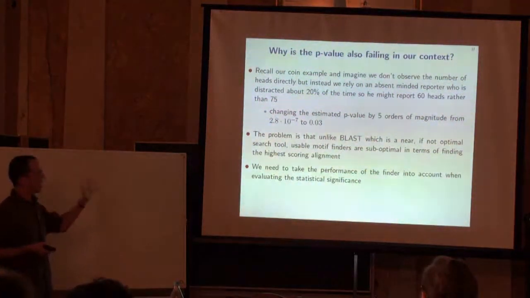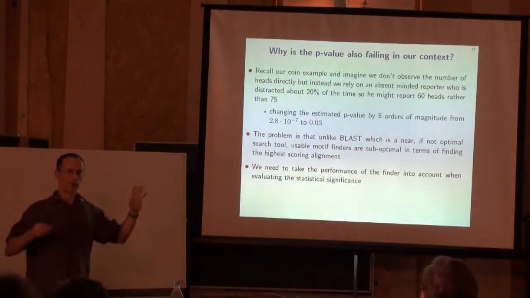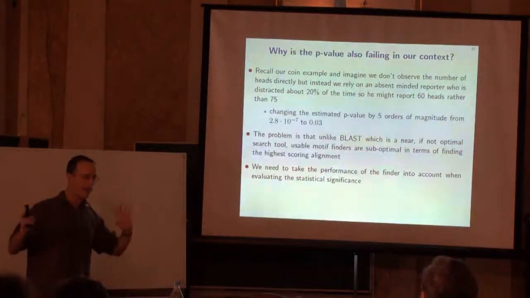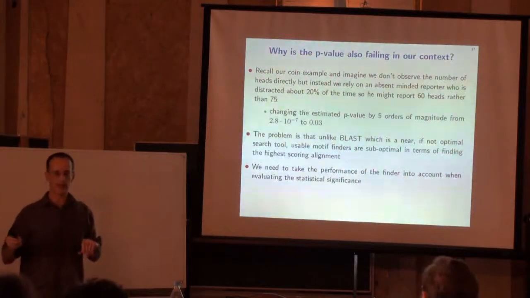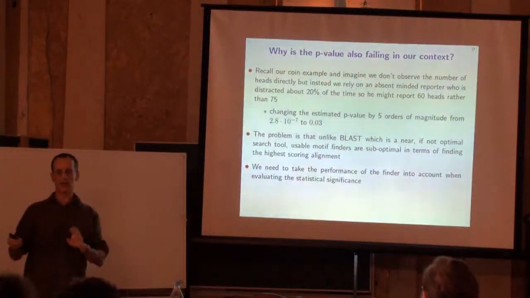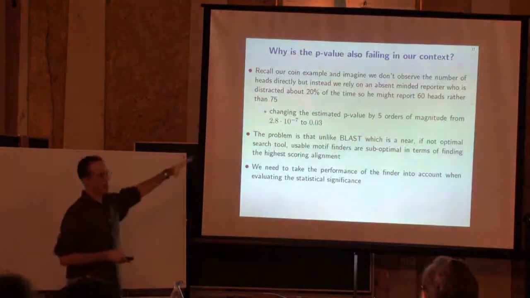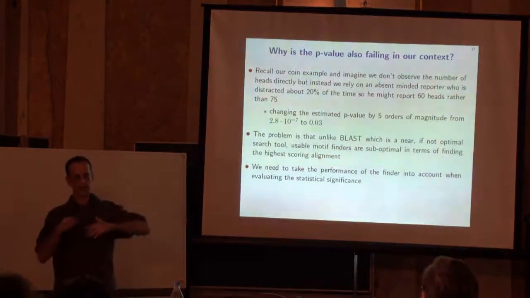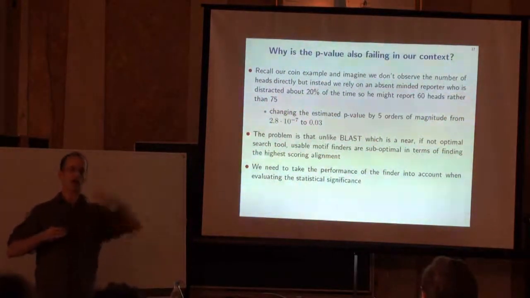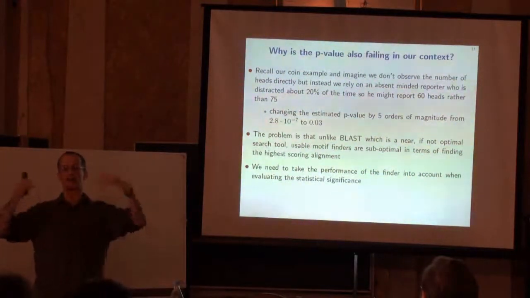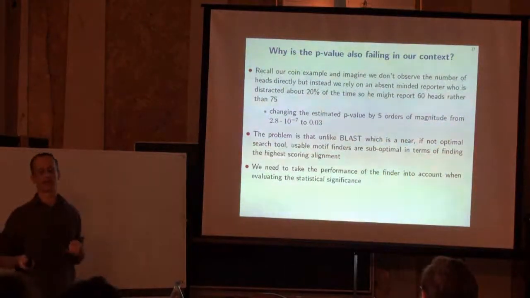The problem is that unlike BLAST, which is near optimal, if not optimal, motif finders are not anywhere near optimal. So they're like these absent-minded observers. They give you some result, which is nowhere near the top. That's the problem here. The p-values they report, based on what the motif finder gives you, are a lot higher than if that motif finder were an oracle that would have been able to pick the really best